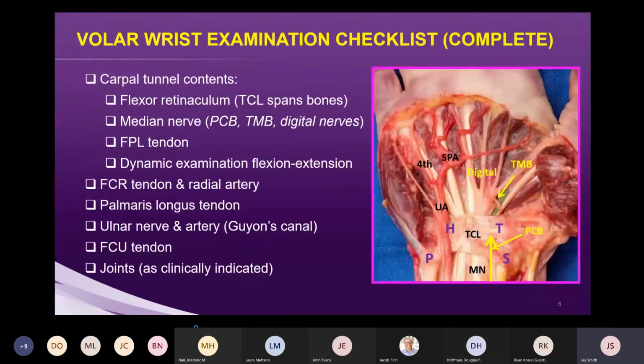So this is our checklist for the volar wrist region. This is right out of the AMSSM guidelines, and no surprises here. The carpal tunnel contents are the highlight, and we have the flexor retinaculum, and it actually has 3 pieces to it, but we generally focus on the transverse carpal ligament, which spans from the hamate to the trapezium and the pisiform to the scaphoid in the middle carpal tunnel region. So I have that diagrammed here, the hamate, the trapezium, the scaphoid, and the pisiform,